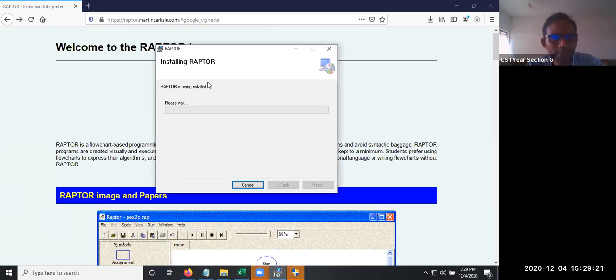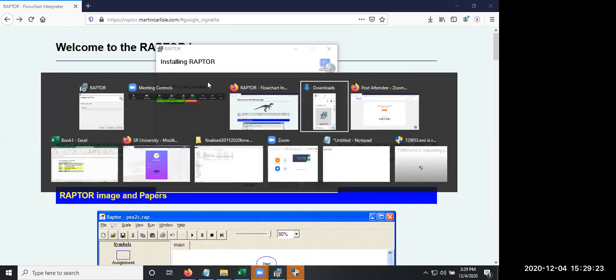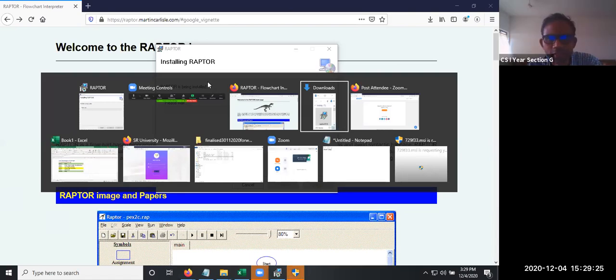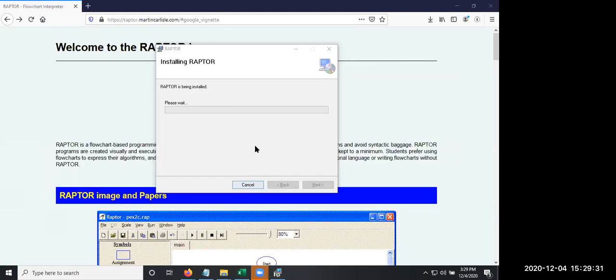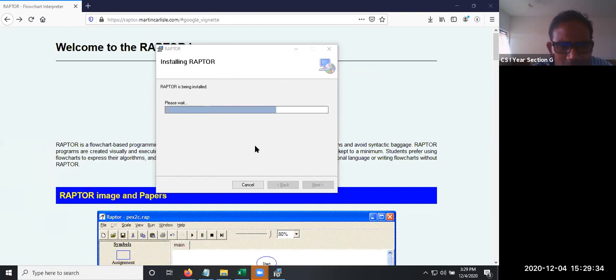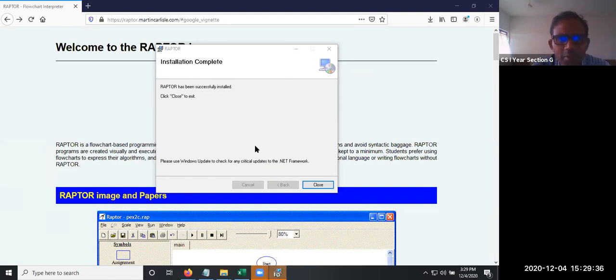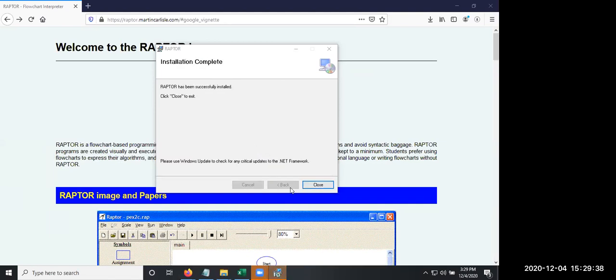Laptops or desktops, both. How can you execute programs on mobile phones? Those apps won't support everything.